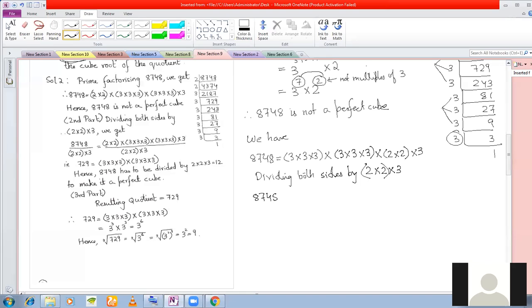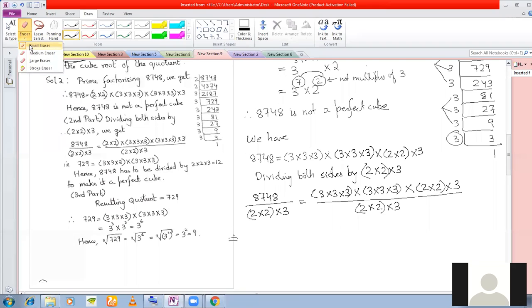8748 divided by 2 into 2 into 3 is equal to, so I have divided both sides by 2 into 2 into 3. Okay, so that means